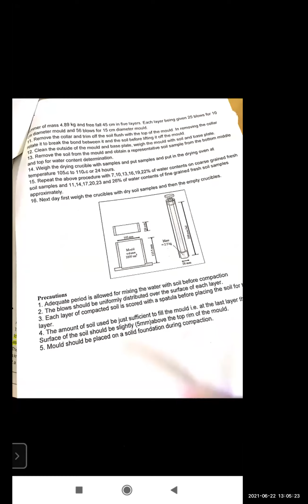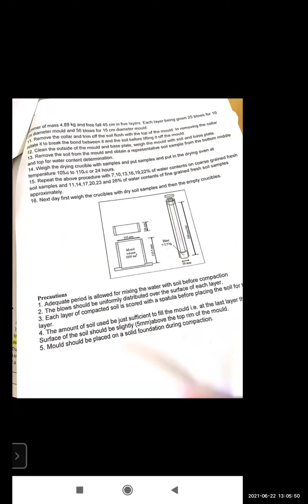Clean the outside of the mold and also the base plate of the mold. Weigh the mold with the soil and base plate, and also weigh the dry crucible with the sample, and put the samples in a drying oven at a temperature of 105 to 110 degrees centigrade for 24 hours.